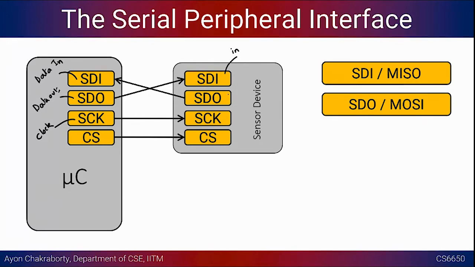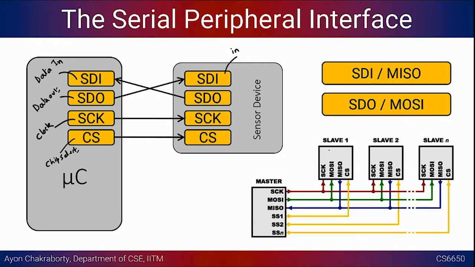Whatever the sensor device sends, if it is sending the readings out, it is going to send them out through the SDO interface, and that is going to enter the microcontroller through the SDI, the data in pin. Then there is one control for chip select. So what is chip select? If you have multiple devices like this, this is sensor one, this is sensor two, this is sensor three, in those cases you have to select a particular sensor and get data out of it, or send data, communicate with a particular sensor.